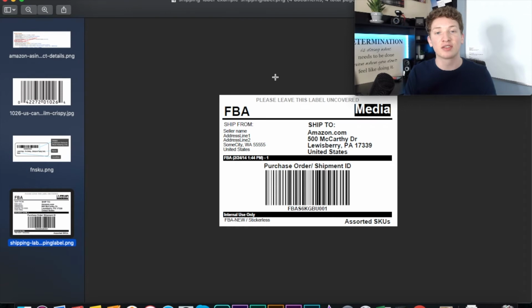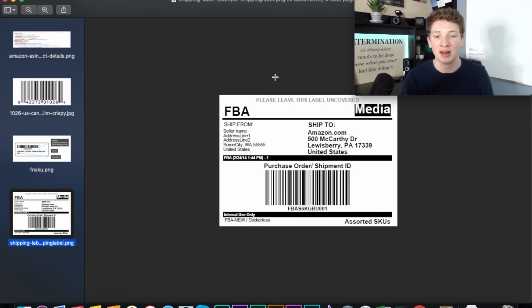Now the last thing is going to be the shipping labels or box labels. So let's just say we have 150 of these iPhone cases, and we need to put all 150 iPhone cases into a big shipping box so we could send it to the United States to the FBA warehouse. So that big shipping box has to have some sort of shipping code or shipping label or box label to actually get it to the United States to the correct address. Because if not, no one would know where it's getting sent to or who it is getting sent from, things like that. So this is going to be the box labels that Amazon will give you at the very end